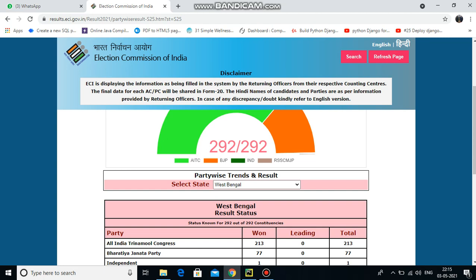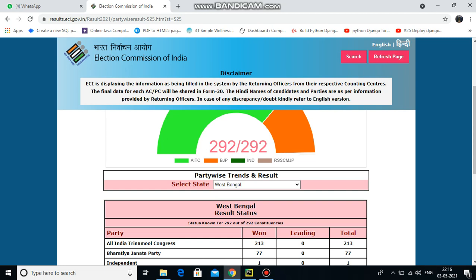Hello everyone. Today I have just tried something in my free time. What I tried is to fetch all the data from the Election Commissioner website, the data that is constituency wise, and plot them in a bar graph according to all the constituencies, 292 constituencies we have, where all the election has been conducted.